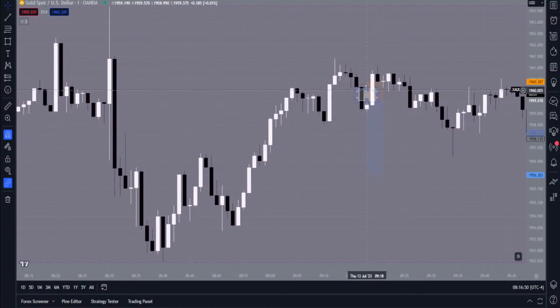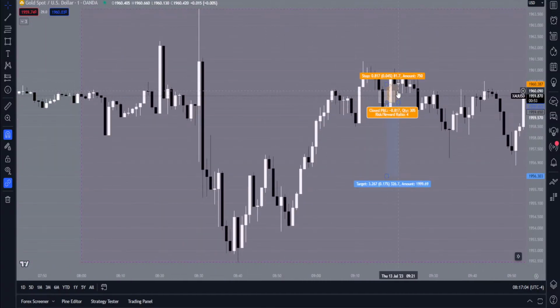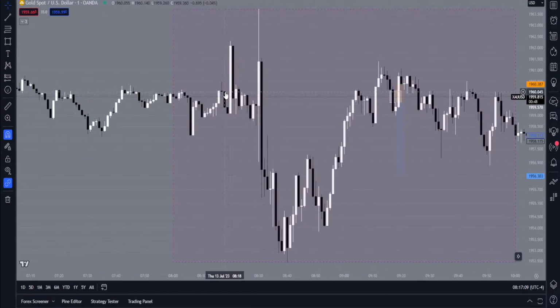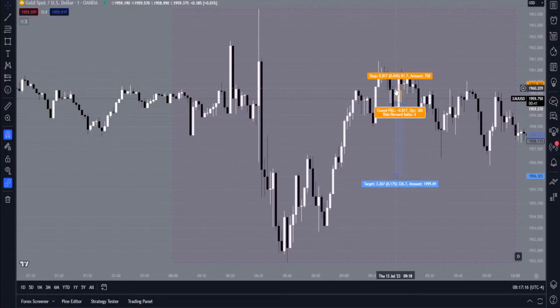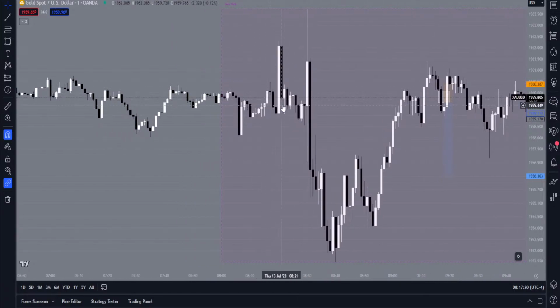But so it lost, and yesterday when I was explaining it, I was telling you guys that you take 4R and you're only risking 0.5%, right? So let's assume you lost 0.5% here, okay? And actually, let's assume you traded before 820. Now, I like taking trades after 820. You know why? Because the commodity exchange opens at 820 for the US, right? Which is the second most traded time when gold is traded.